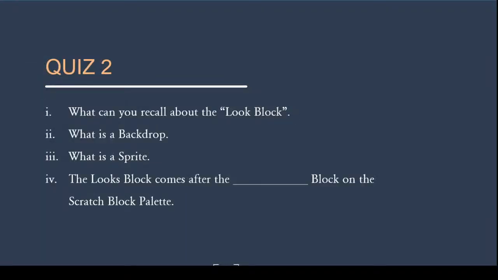Quiz 1. What can you recall about the looks block? What is a backdrop? What is a sprite? The looks block comes after the dash block on the search